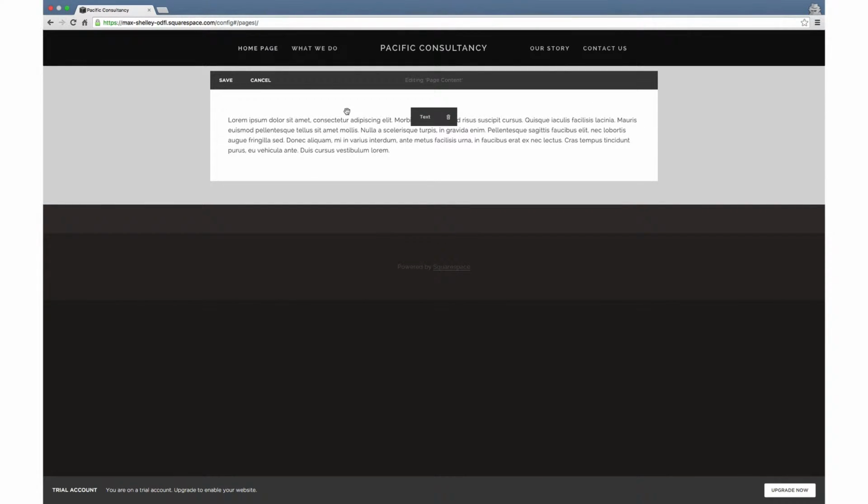The page kind of expands to fill the entire window and the outer areas are grayed out, and I get this black box across the top with my save and cancel options, and then suddenly I can add and edit the content inside it. So I can click inside this text that has been added automatically for us, and you'll see that I again get my text editing tools, my bold, my italic, adding in links,